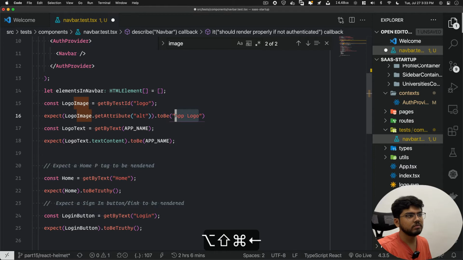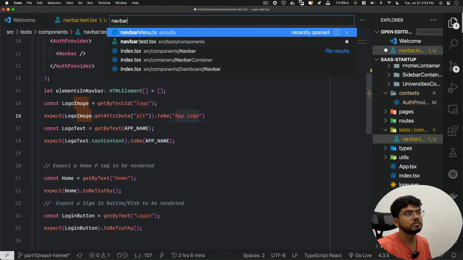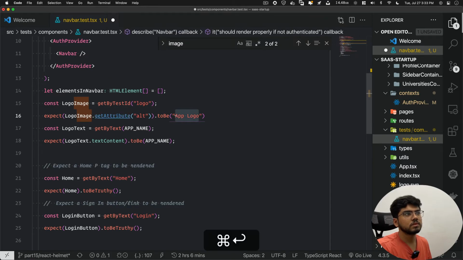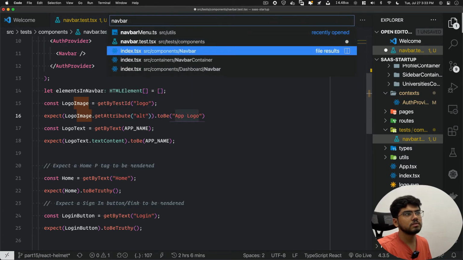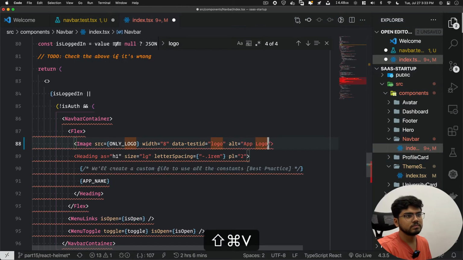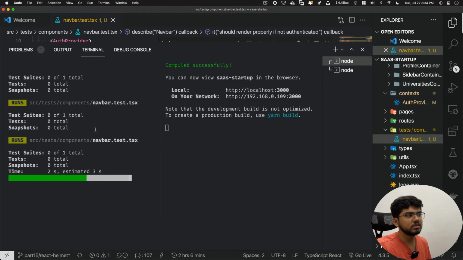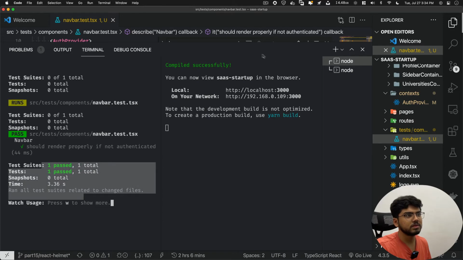But for this we have to give it an alt. So what we'll do, we go to navbar again, and there where we have image, we will give it an alt text. Yes, let's see whether it's working properly. Yes, it's passing.